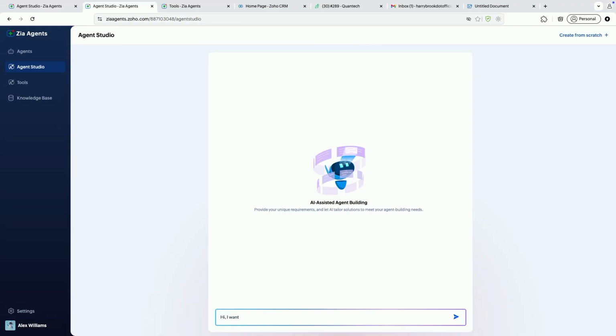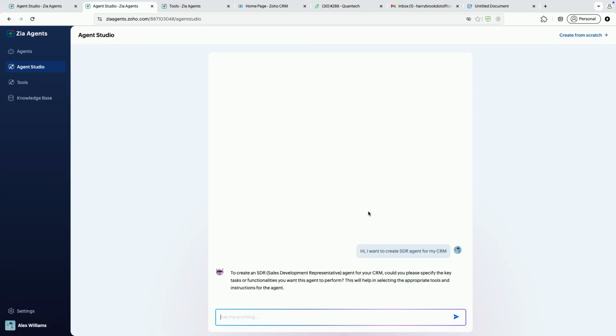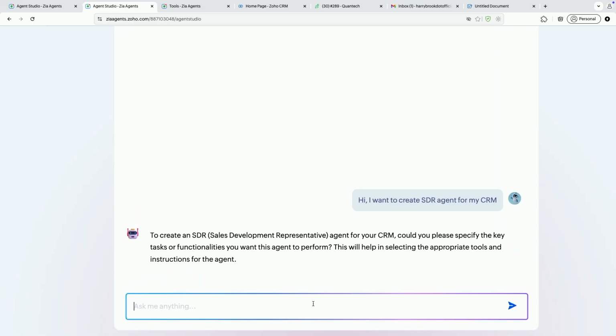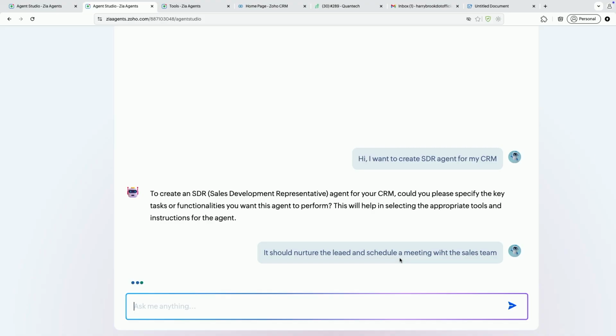I want to create an SDR agent for my CRM. It actually asks what all the actions it should perform. I'm just typing something like it should nurture the lead and schedule a meeting with the sales team. With this simple instruction,